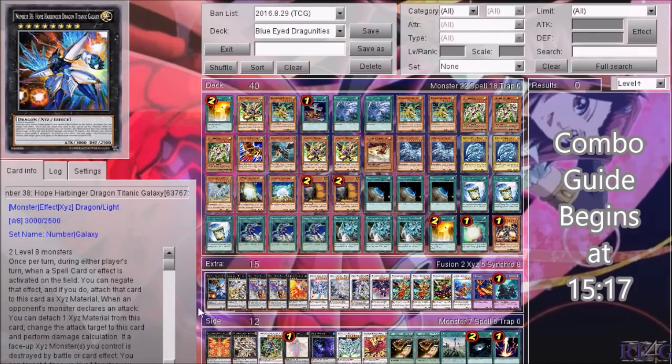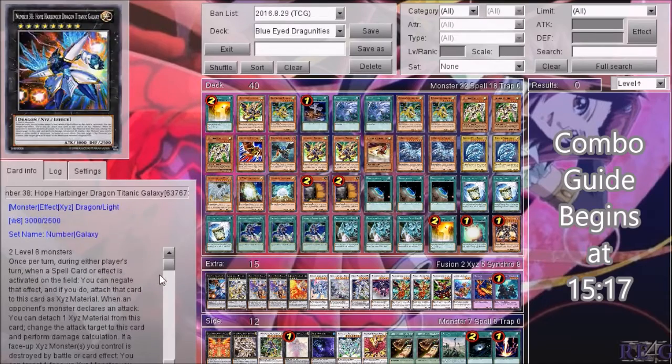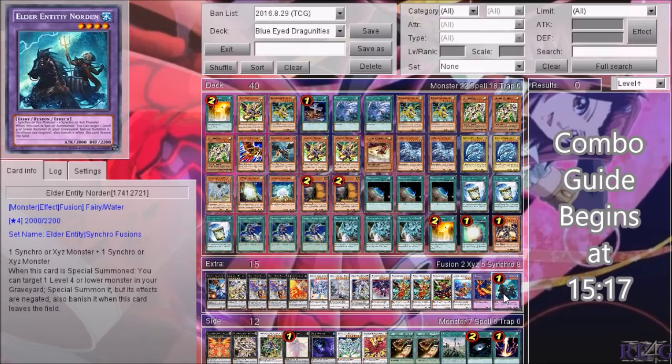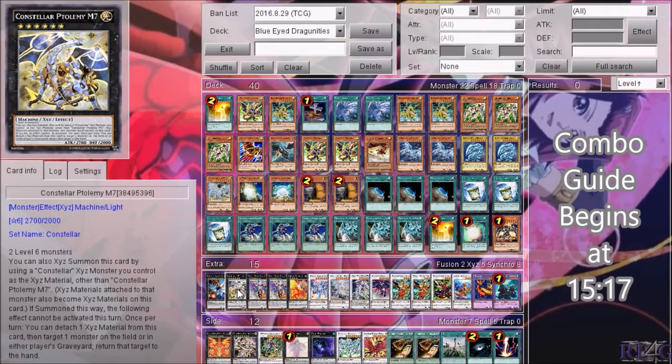So, yeah. If you want, I would say you could... Oh, man. You could try trimming out the Norden or the Mavlis, or even... No, I don't think I would ever recommend trimming out both. You could trim out one or the other. I'd probably take out the Norden, and then you could put in another level 8, or rank 8 rather, like Heliopolis. You could trim out the M7, but the M7, there's just all these...